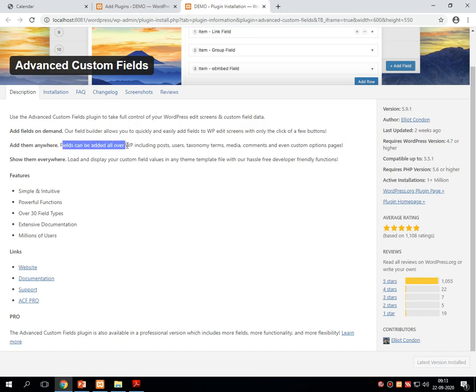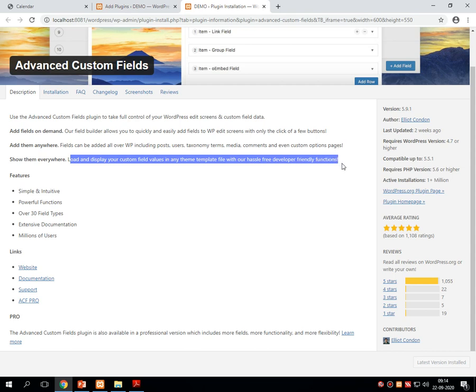Fields can be added all over WordPress, including post, user, taxonomy, term, media, comment, and even on custom option pages. Show them everywhere. Load and display your custom field values in any theme template file with our developer friendly functions available.